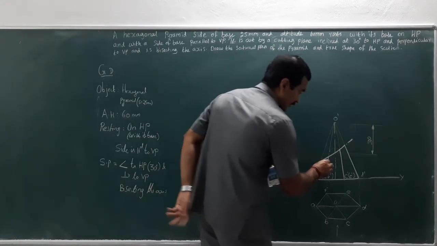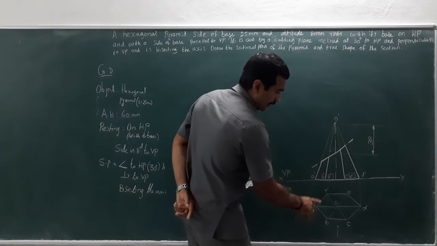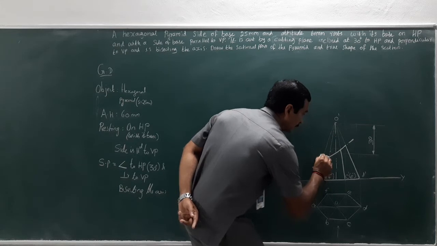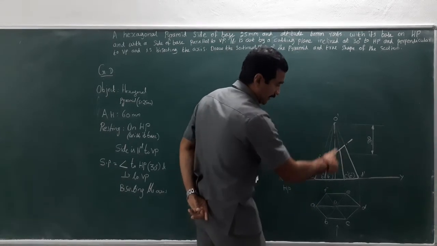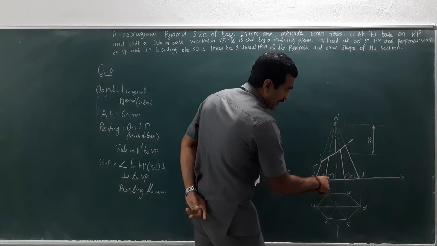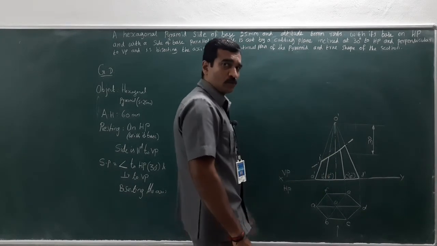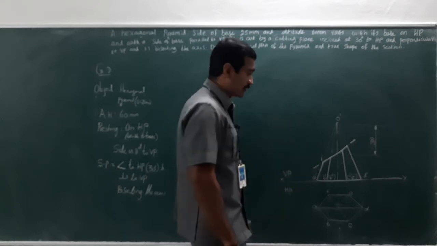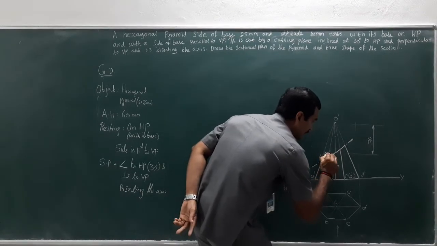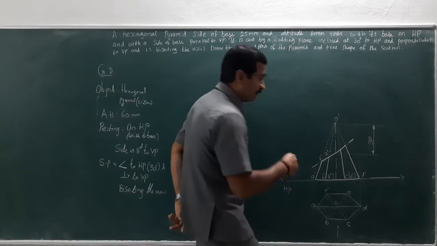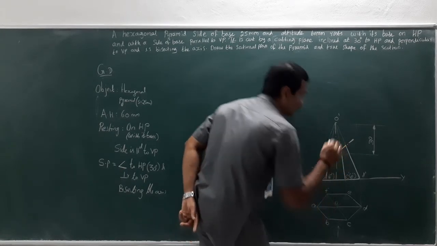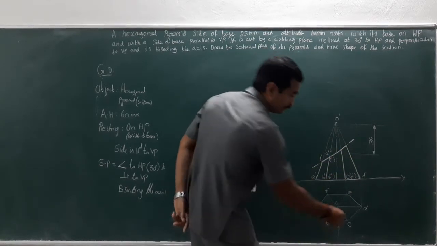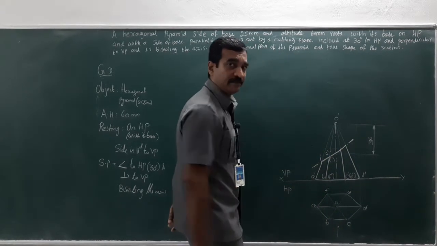So look at here, as far as AO is concerned, only one slant edge, therefore only one new edge is formed. As far as here, OB and OF are there. Two slant edges are there. OB is visible and OF is invisible, isn't it? So for visible, you just mention 2, and for the invisible, you just leave a bracket. And as far as this slant edge is concerned, OC is visible, OE is invisible.